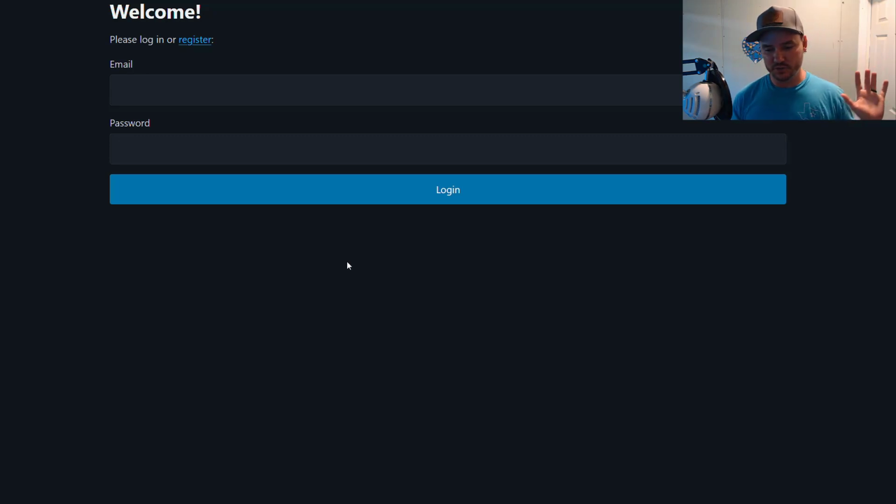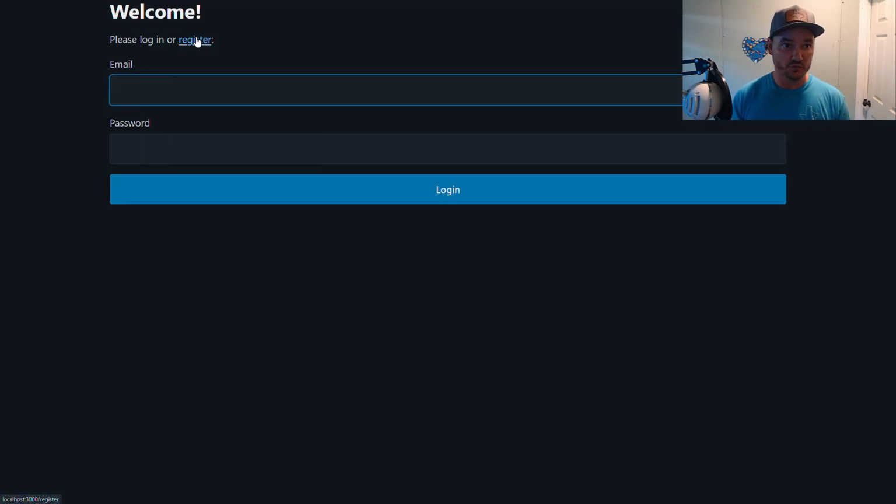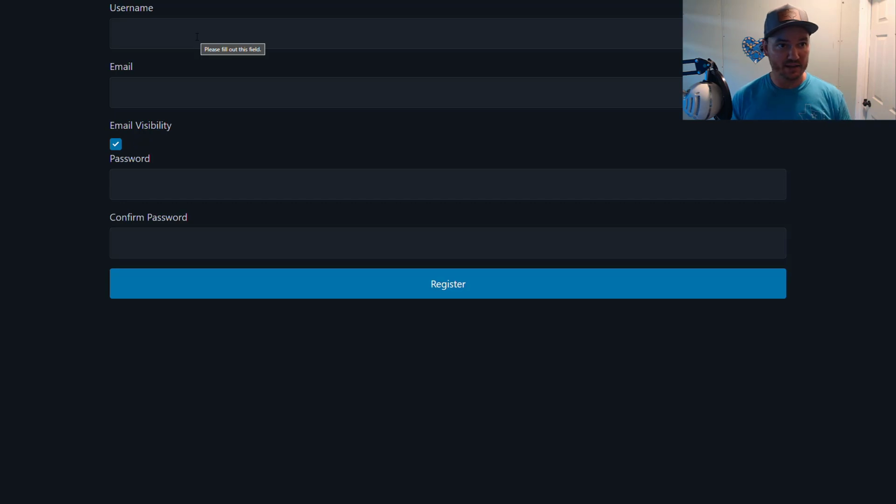We're just using Pico CSS, which is a super lightweight CSS library that makes it so your website doesn't look really bad when you don't have any styling. And so this is what it looks like. We already have a user, but let's just say that we don't. So let's go register and ask for their username. So we'll just make it